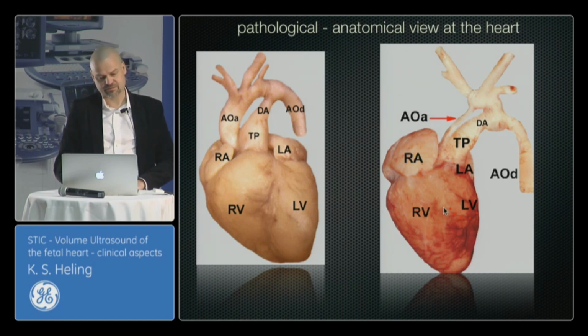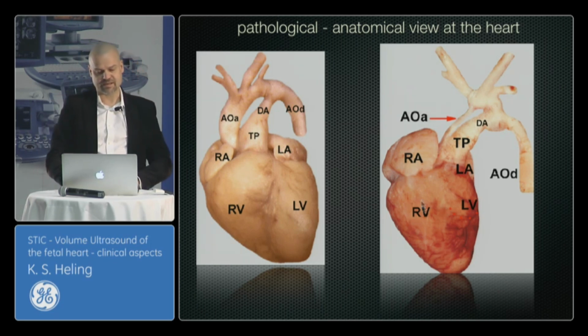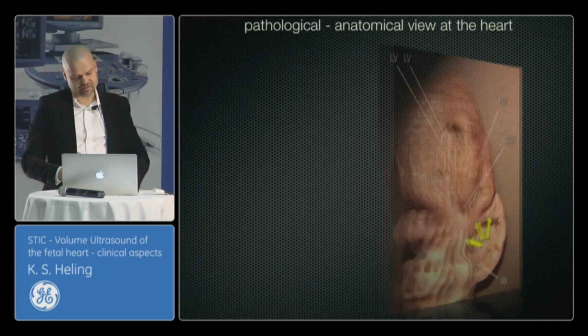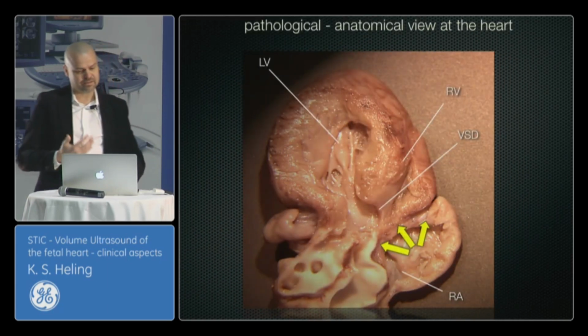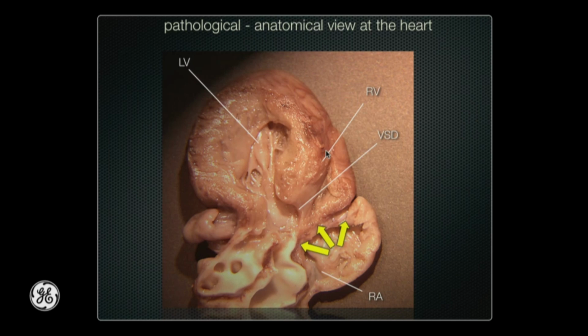And for example, in a fetus with a hypoplastic left heart syndrome, you see the difference in the size of the right ventricle and the left ventricle, and also the difference in size of the pulmonary trunk and the ascending aorta. The next step he does is cutting the heart by half, and he looks at the cutting plane and he sees the ventricles, and the pathologists have defined planes for examining the fetal heart. He sees the left ventricle and the small right ventricle, in this case with tricuspid atresia and a ventricular septal